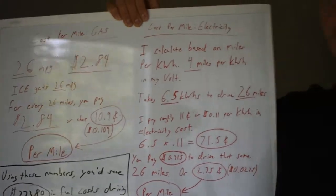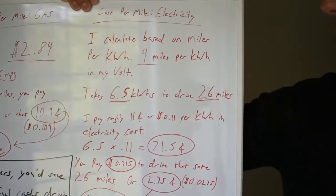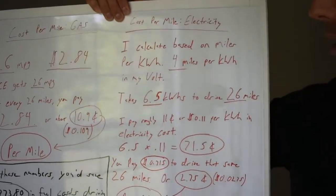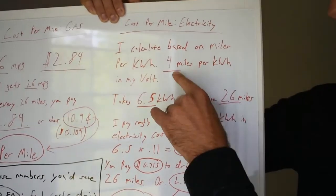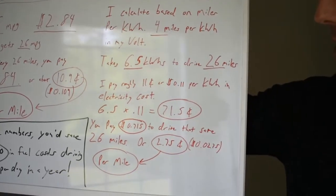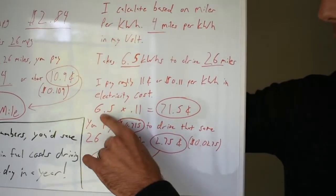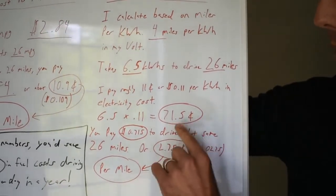Alright, moving on to cost of electricity. I calculate based on miles per kilowatt hour, and I get about 4 miles per kilowatt hour in my Volt. It's actually a little bit higher than that, but that's just a conservative estimate. It takes 6.5 kilowatt hours to drive 26 miles, so 26 miles divided by 4 equals 6.5 kilowatt hours. I pay roughly 11 cents, or $0.11, per kilowatt hour. So you take that 6.5 kilowatt hours times 11 cents equals 71.5 cents,